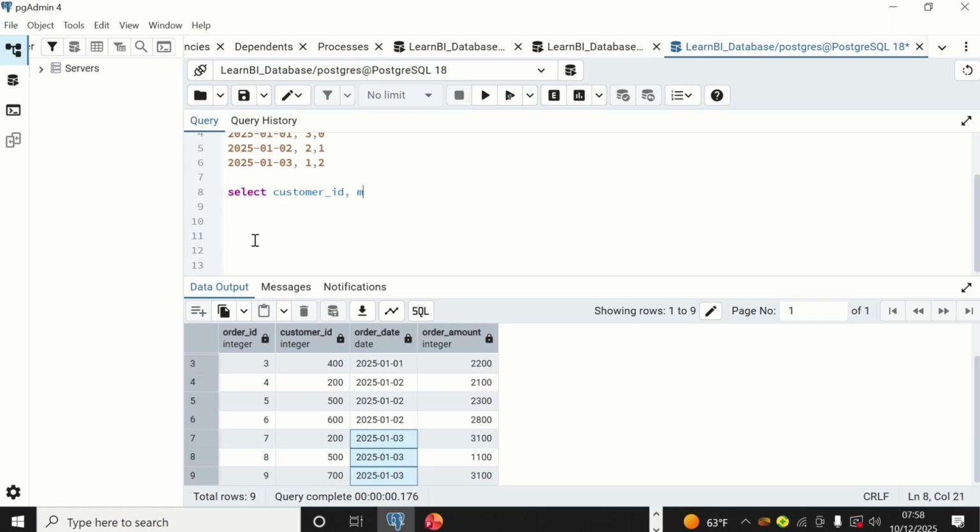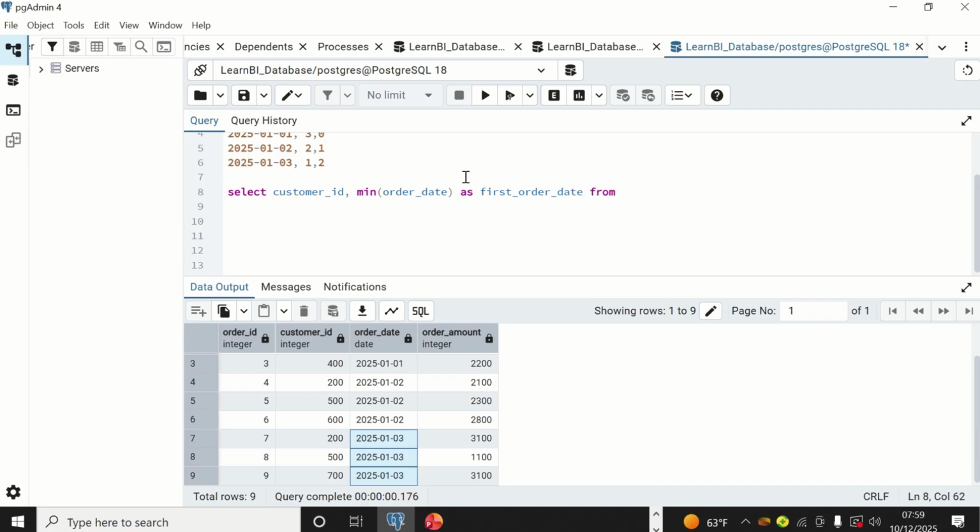So we can use MIN, so we are finding the first date of each and every customer, the order date. So we can alias this as first order date